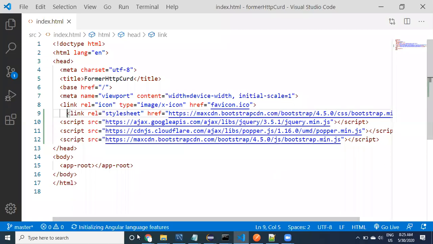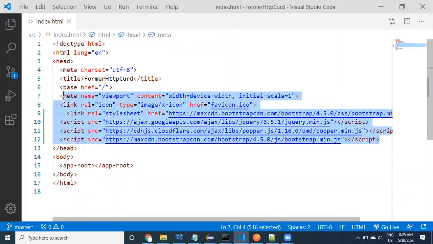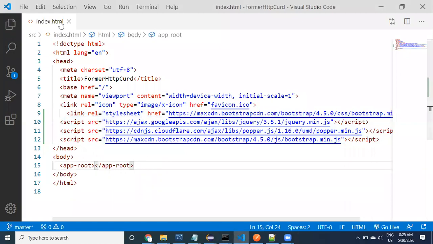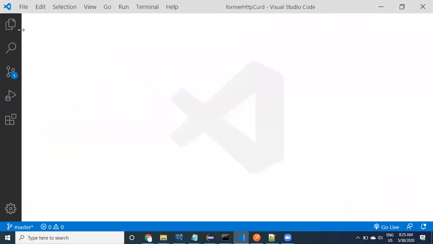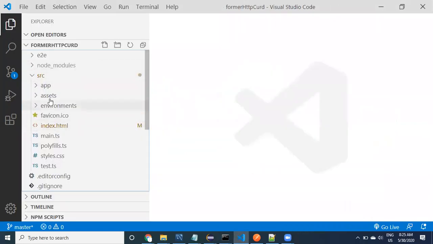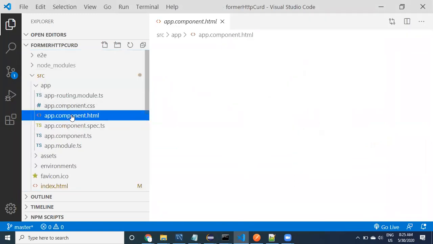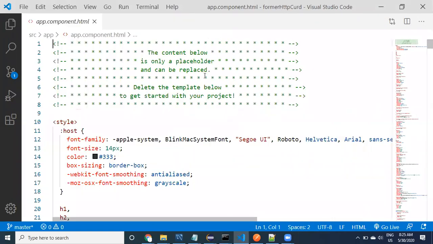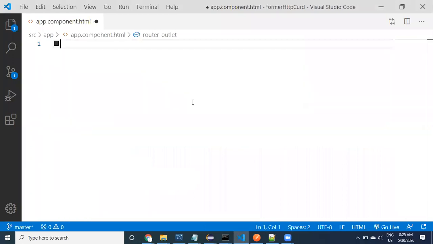One second, guys. Right, so once we have provided these links, you can close it and go to app component. I want to use app component here and remove the code that is already available. The immediate next step is I want to create a form.